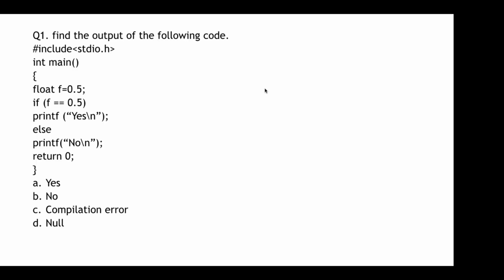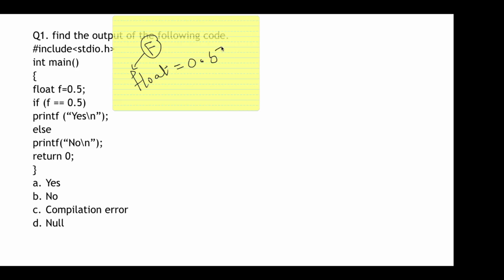Now there were certain doubts in the previous question, so I'm going to clear that. Now it says here the question is float. Previously this f was written in capital, so that was a typing error. So this float value is equal to 0.5, right?